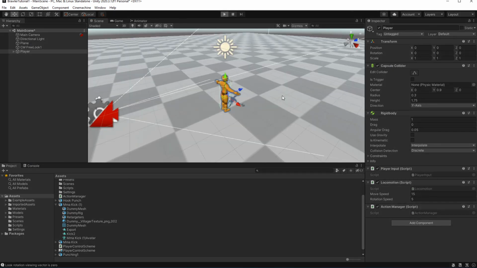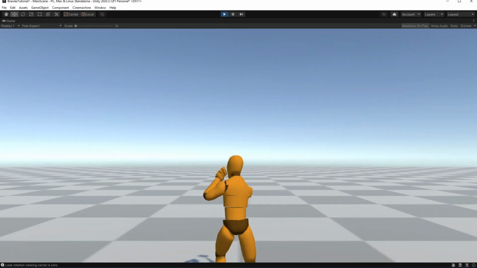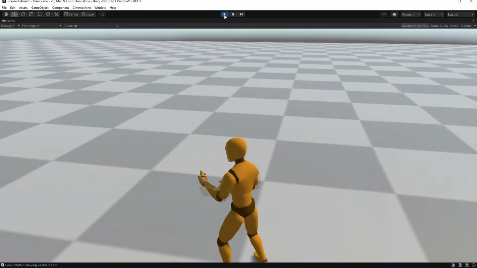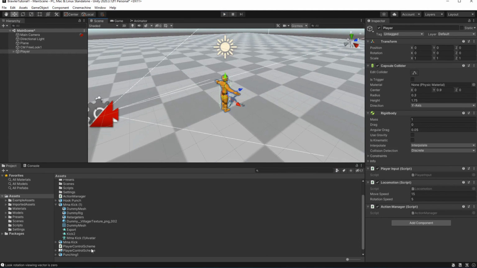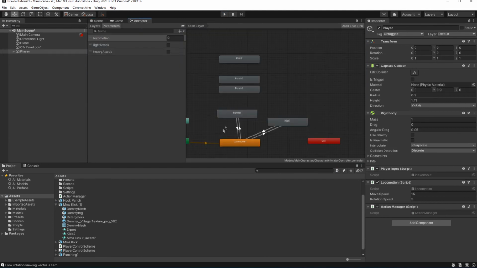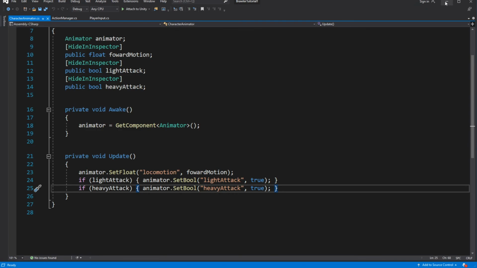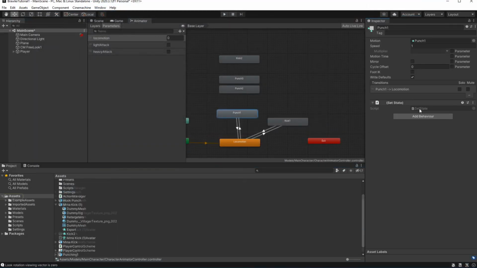If we launch the game now, if I press the left mouse button, it will cause the character to get stuck in the animation loop. It is because the light attack will take the state of true once and never change back. So let's select punch 1 and kick 1 and add a new behavior script called setState.